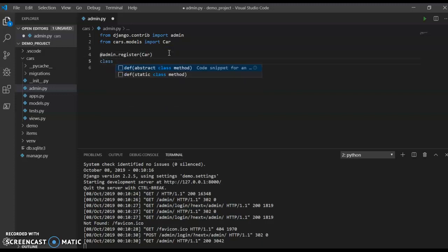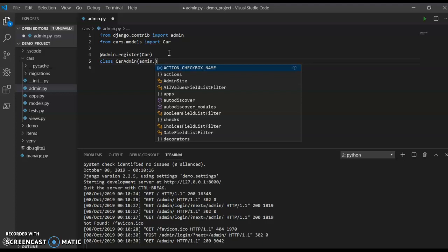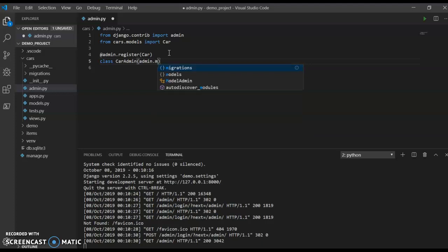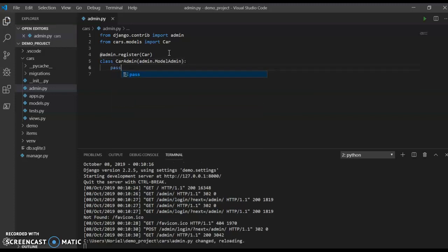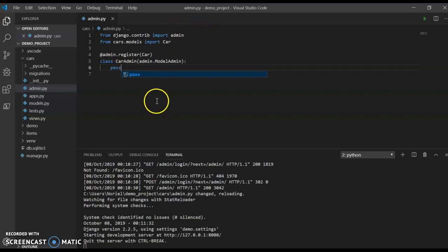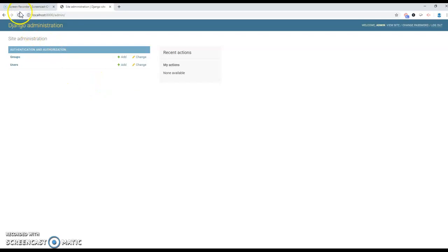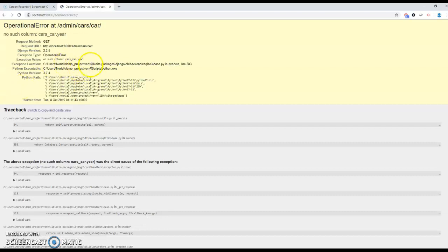I would create a class that inherits from ModelAdmin, and I would just pass because I don't have to define anything or customize anything for this model. So if I refresh that, the cars model should be here,